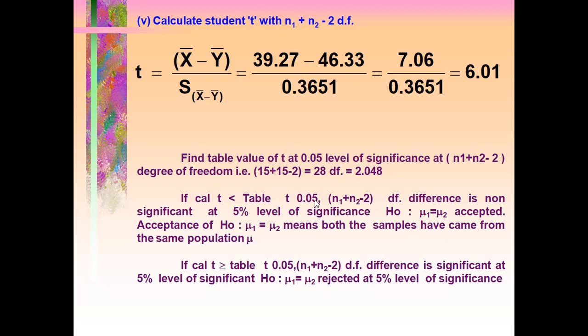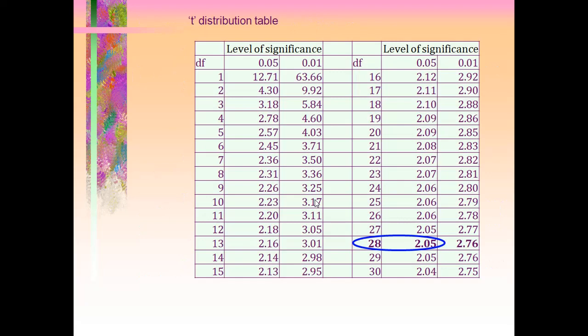Now here you can see that the ratio is greater than the table value. That means the observed difference between the two varieties is considered to be statistically significant at 5% level of significance. That means there is a significant difference between the two varietal performance. And this is the